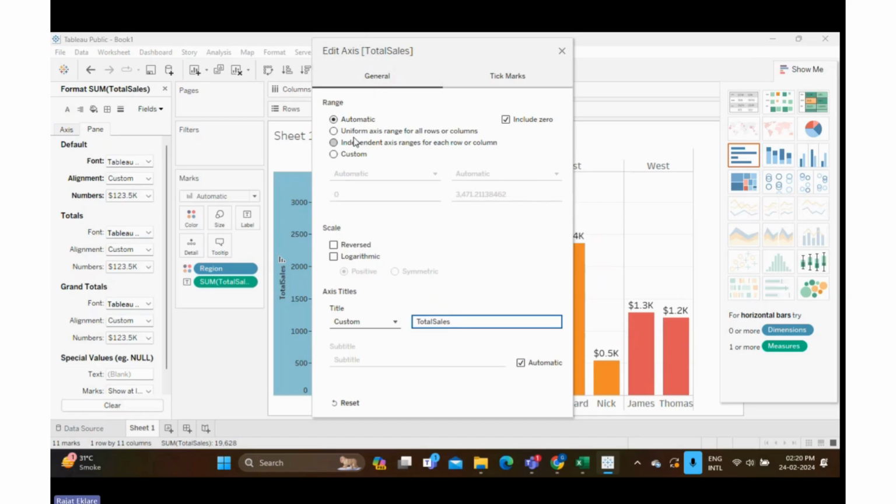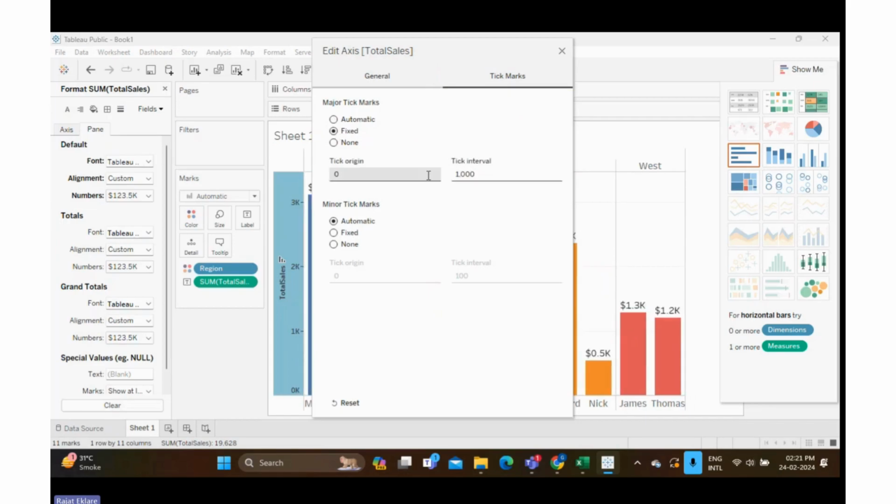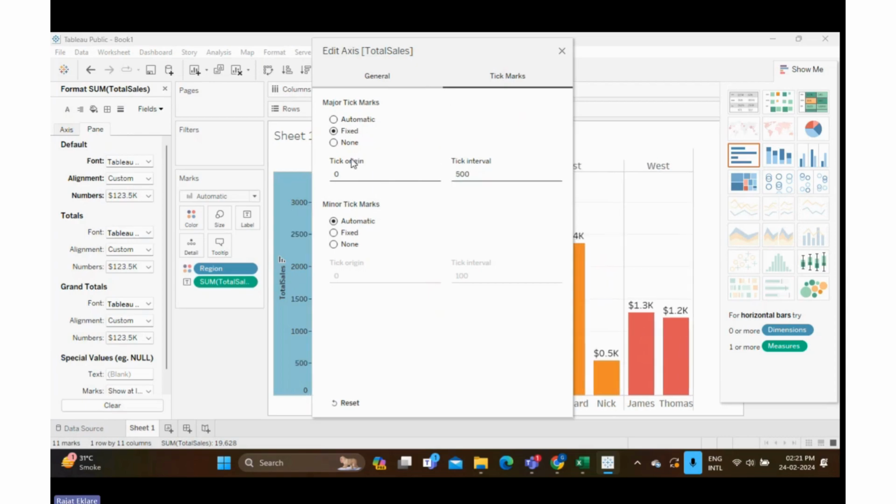The next thing is for tick mark. So these are the major tick marks. If you want to show it by automatic, you can select automatic. If you want to show at fixed intervals, you can select the intervals here. Let's say I want to show major tick marks at the interval of 500. So like this, I can show. Okay. And you can decide which one is the origin. You want to start it from 0 or you want to start it from 500. So I'll start it with 5